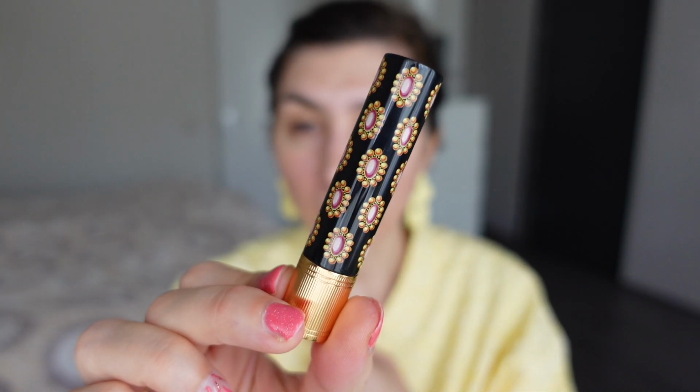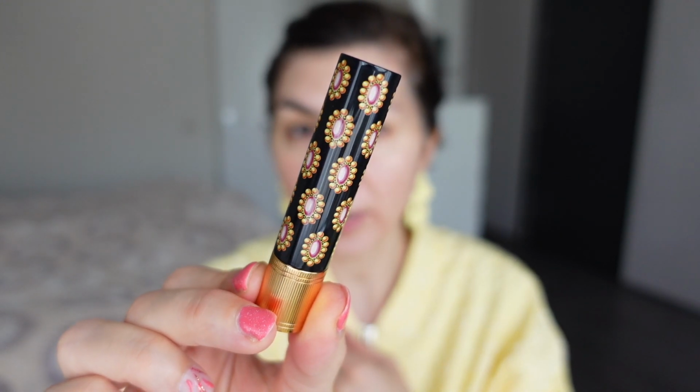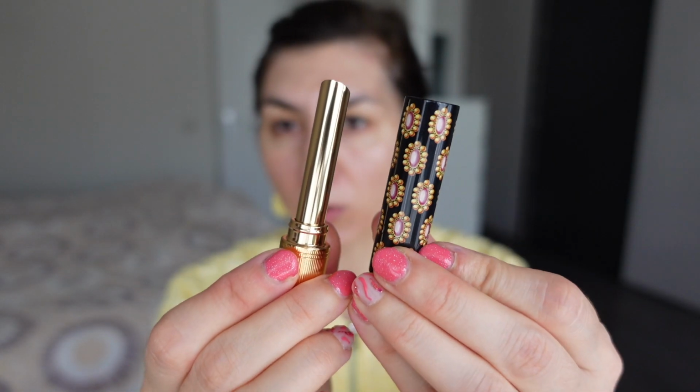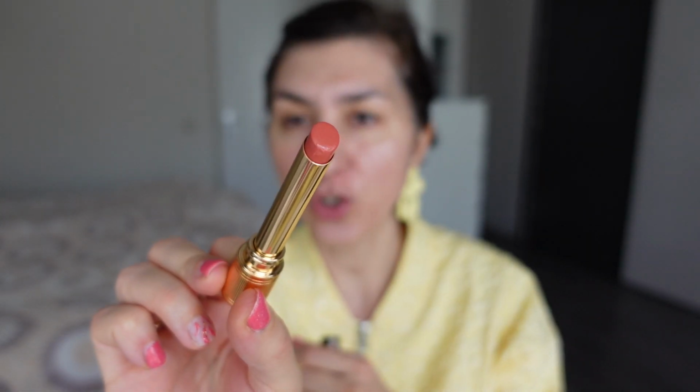So the lipsticks that come in this sort of slender packaging with the black design and the little gemstone on it. Is it a gemstone or something of the sorts? I'm not exactly sure what this depicts, but they come in this very slender packaging and they are sort of a creamy, shiny lipstick formula. We're going to talk about creamy, shiny lipstick formulas in a little bit again, but I wanted to put it on